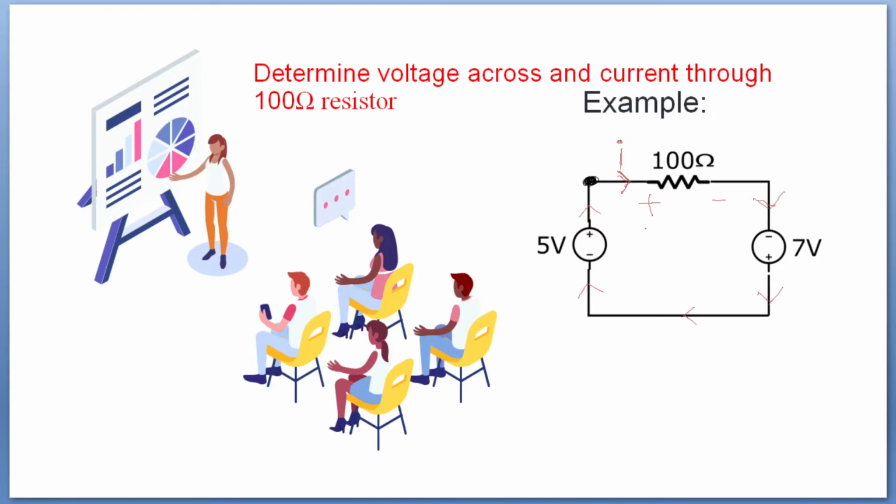So now you have to apply KVL. Algebraic sum of the voltages around a closed path is 0. So now you have to mention what is the voltage drop across the 100 ohm resistor. Let us suppose V100 is the voltage drop across the 100 ohm resistor. Now apply the KVL around this loop. So by KVL,